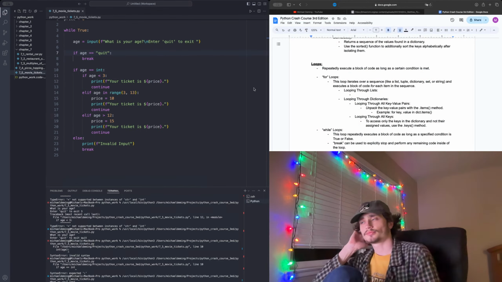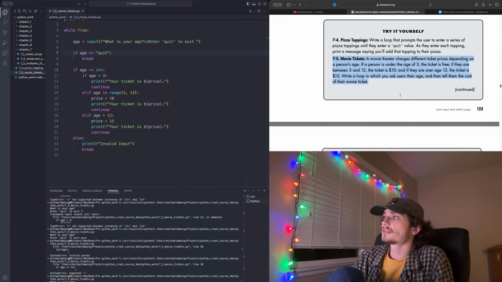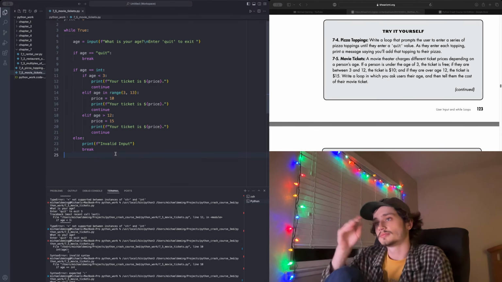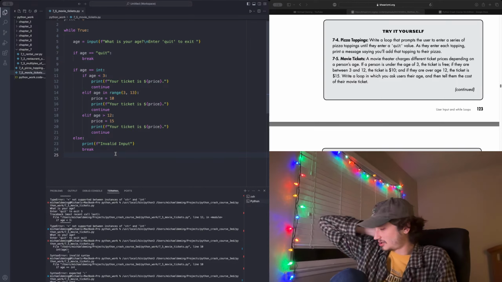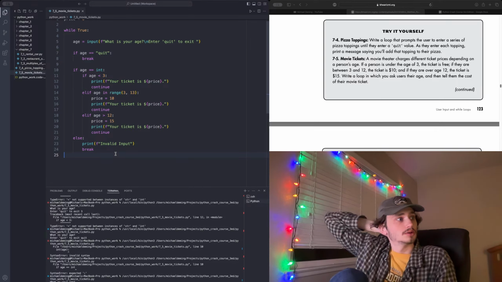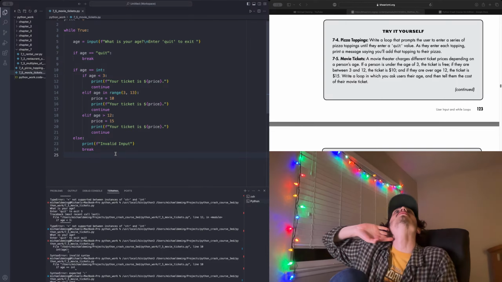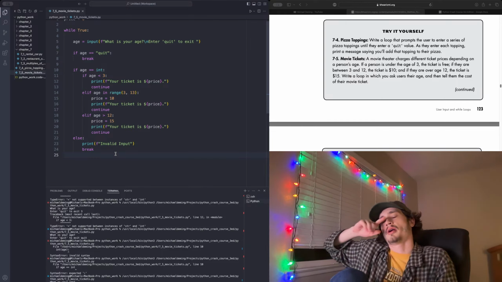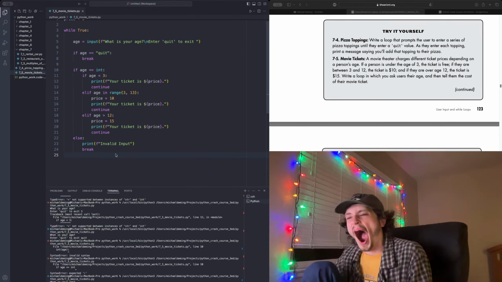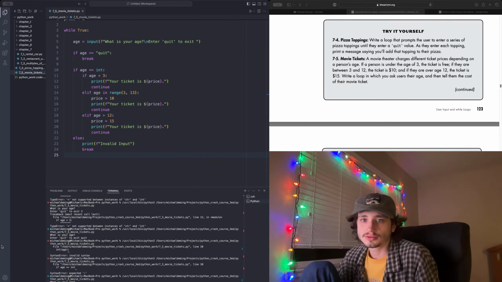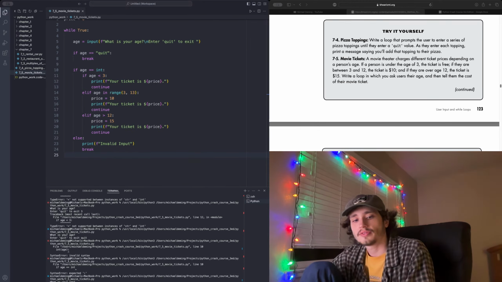Okay, so it wants a break statement used when the user enters quit. But they can't enter quit if I'm converting to a string or to an integer. So what would I have to do? What if